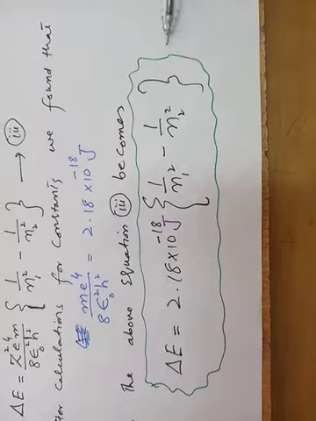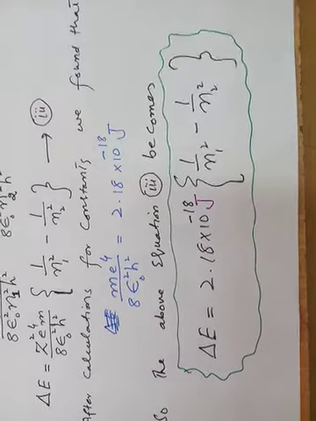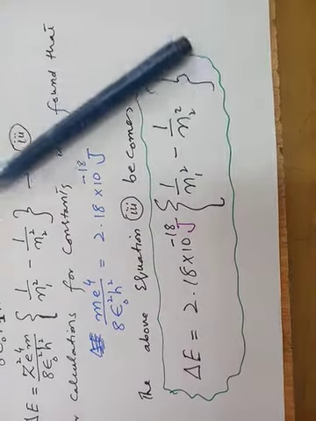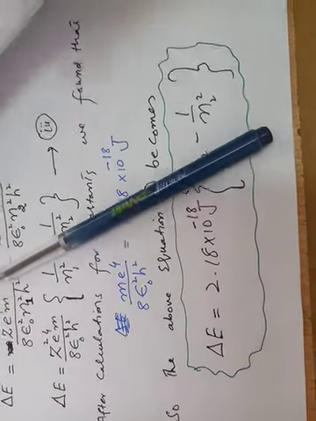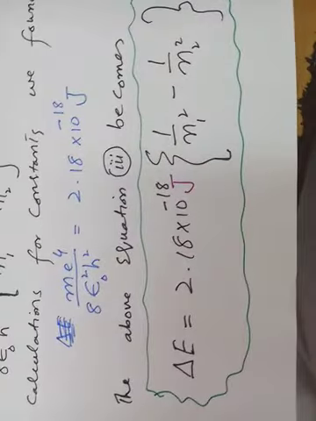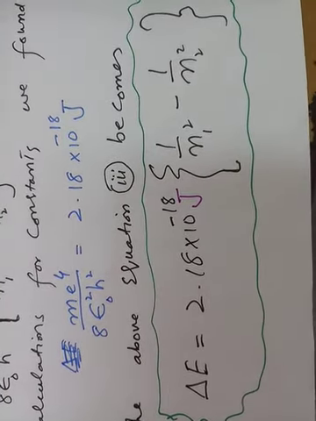So dear, always remember this equation. It gives us the difference of energy between the two shells. For example, in a numerical, if such a question is given that an electron jumps from one orbit to another orbit, how much energy will be released or how much energy will be absorbed, you can solve such problems by using this equation. In some books, instead of this value 2.18 into 10 to the power minus 18, a constant k is also mentioned.